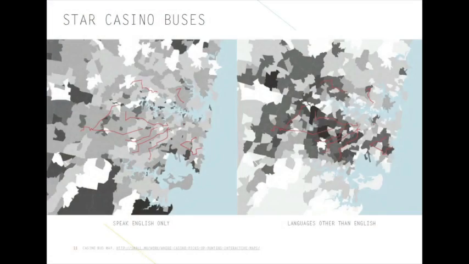This is a project that we did just out of curiosity. It was during our Christmas break, inspired by a Sydney Morning Herald article that the Star City Casino was targeting migrant communities. So it raised my curiosity whether that's true or not, and whether I can use the power of data to validate that observation. So I went to the casino website, downloaded the bus timetables, geocoded the bus stops, and overlaid the bus routes